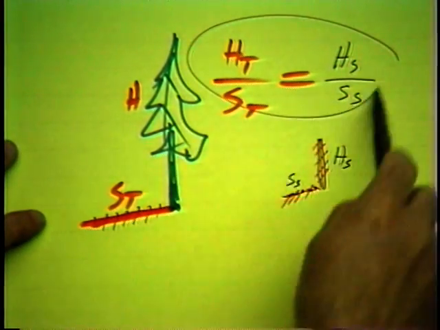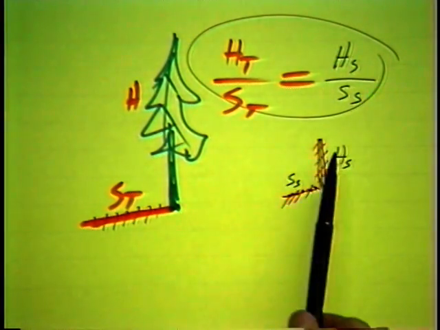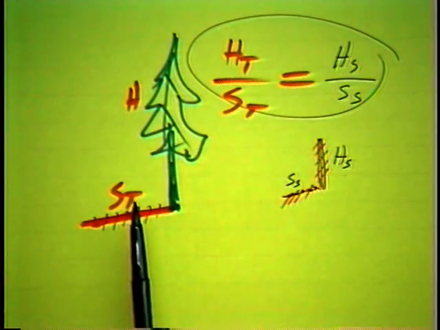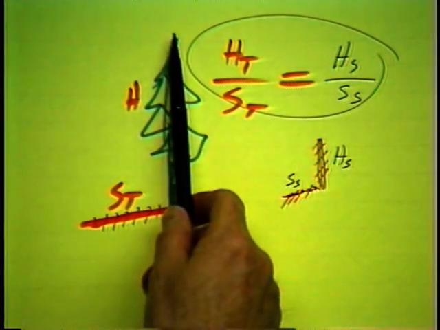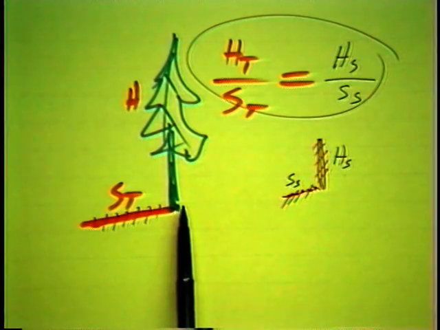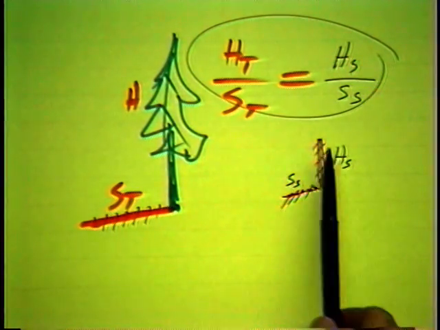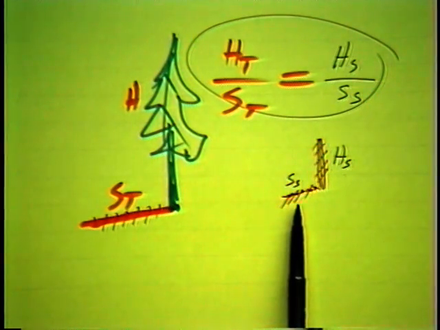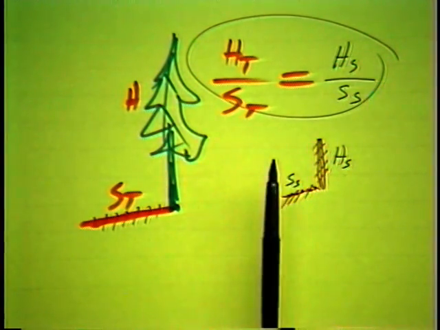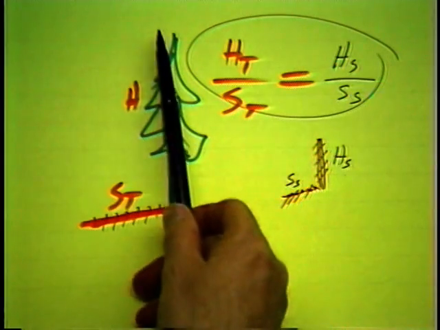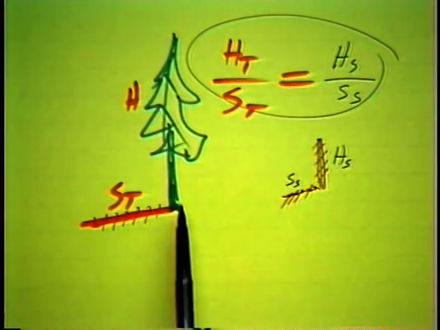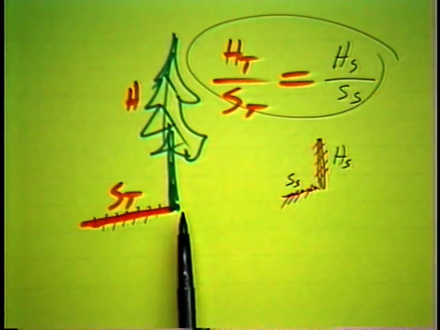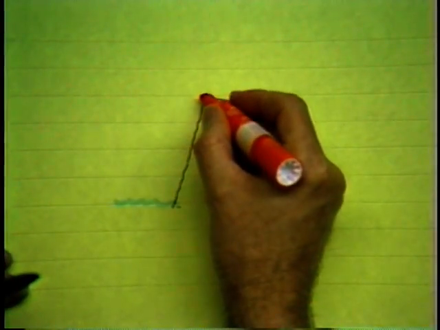And that this proportion will allow us to solve for any one of the items we can't solve. Well, it's difficult to measure the height of a tall tree, but its shadow is easy, and a shorter stick is easy to measure both its height and its shadow. So with this knowledge, you can go home and measure the height of any large tree in your yard, or your house itself for that matter, or if you wish, a mountain. If you had a cliff and you didn't know its height,